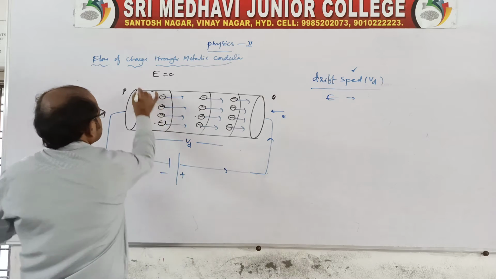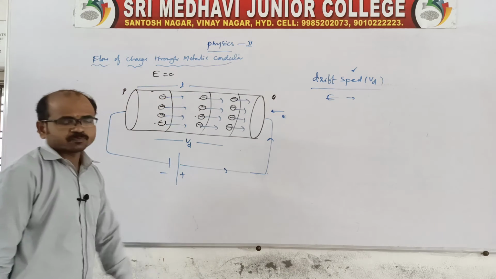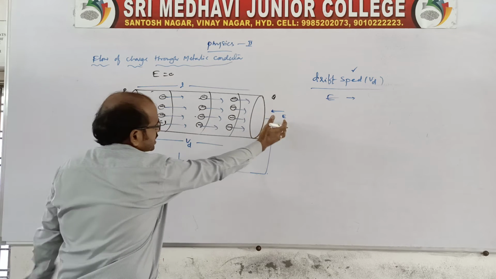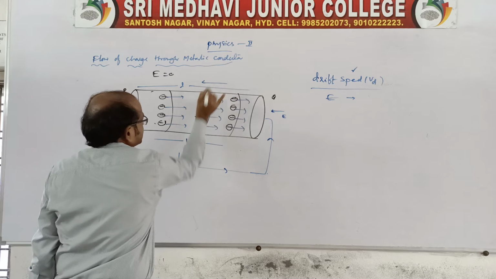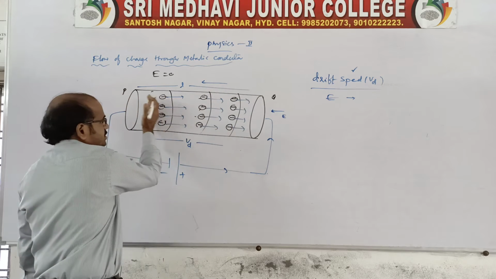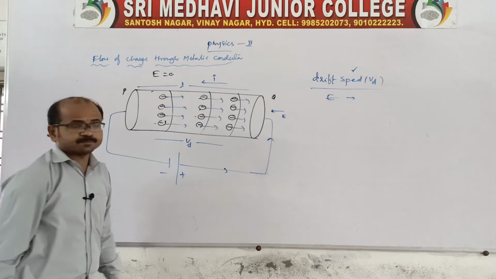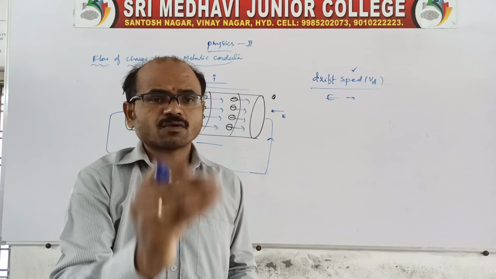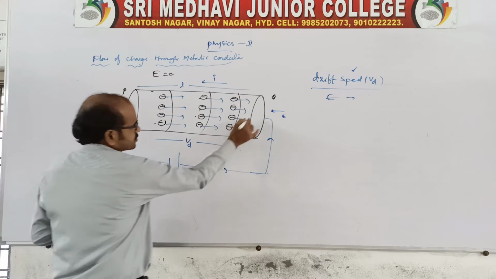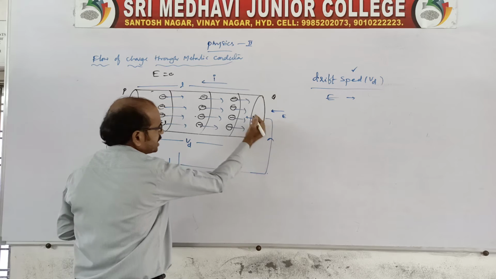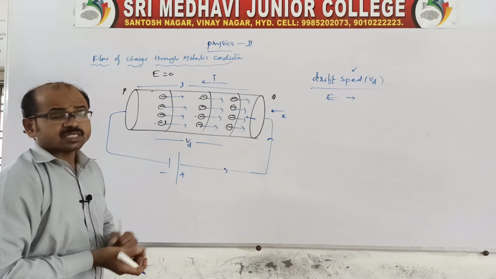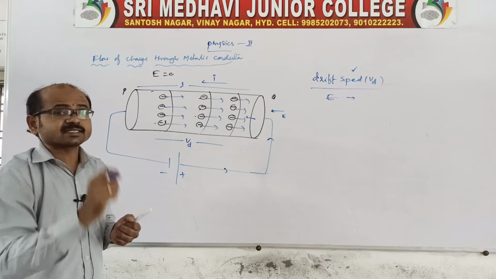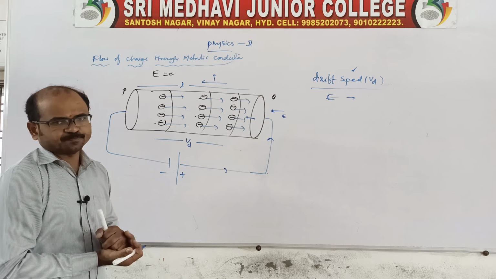Through the length of the conductor, say L, these free electrons move from P to Q, opposite to the electric field intensity. Therefore there will be a current direction. The direction of current is opposite to the flow of electrons. Here, the current I flows opposite to the electrons, along the direction of positive charges, because the positives move opposite to the electrons. So free electrons are responsible for conduction in a given metallic conductor.